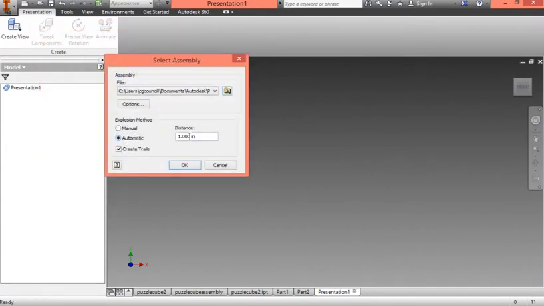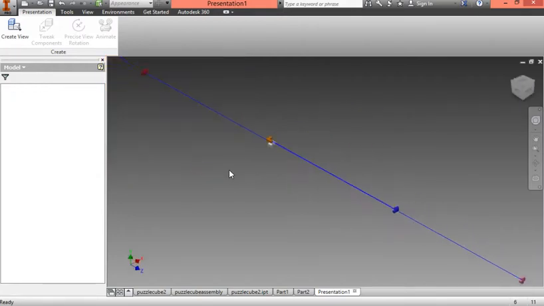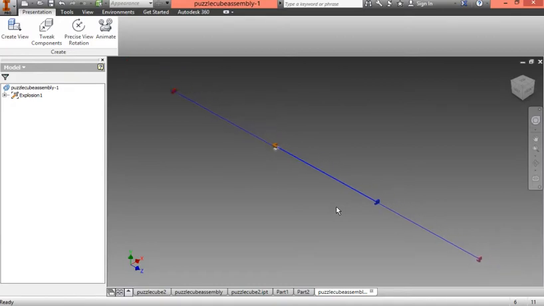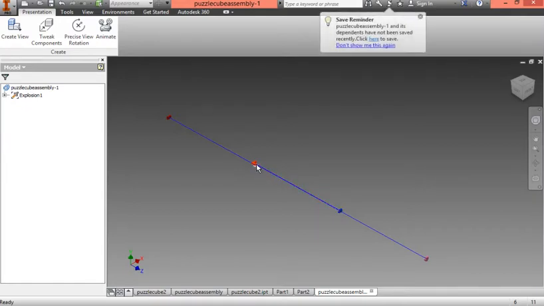and automatically explode it out so that we get our exploded view. So an assembly, wow, that looks weird, but not a big deal. It's still an exploded view. You can see all my different parts are pulled apart. I think I put too many zeros in there, but not a big deal. This is an exploded view, okay? So we have our different parts and they're exploded out, and that is a presentation file,